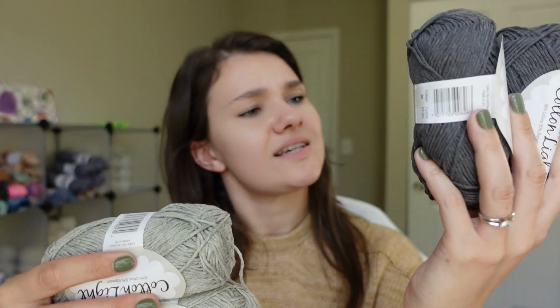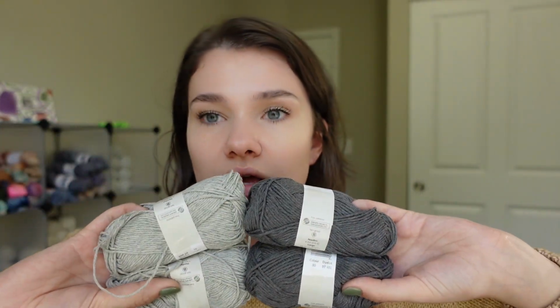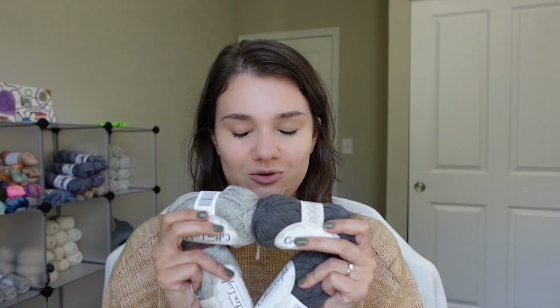This is color 31 and this is color 30. So what I'm doing with this is going to be another little baby sweater, and it is going to be the Melange sweater. Now, I wasn't planning on knitting 2 of these, but it just kind of happened. It wasn't really on purpose, but this is gonna look so cute